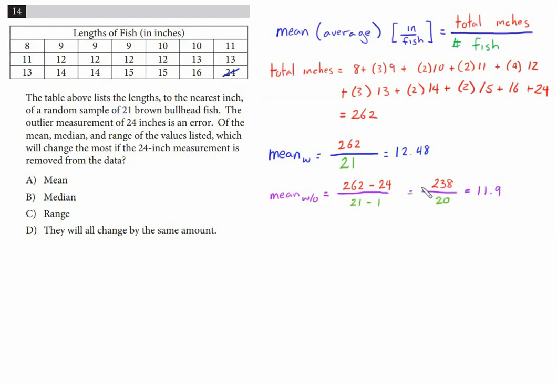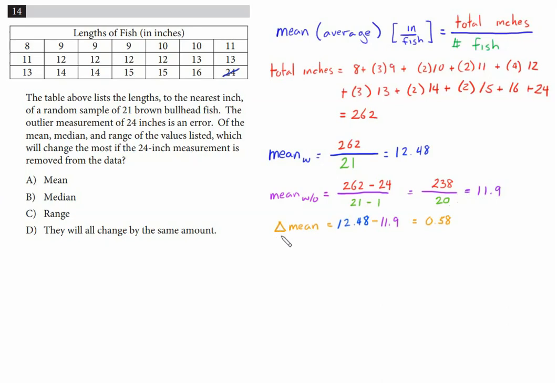And in this case, we have 238 total inches divided by 20 fish, so we have a new mean, or new average, of 11.9 inches. And the question is asking which one of these values will change the most. So in order to find the change,